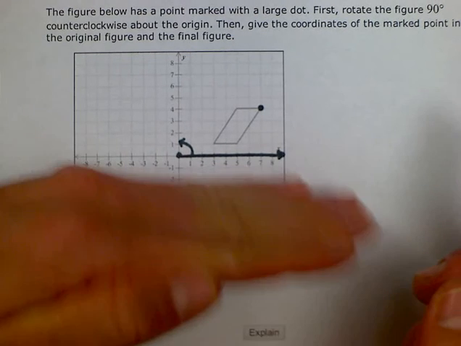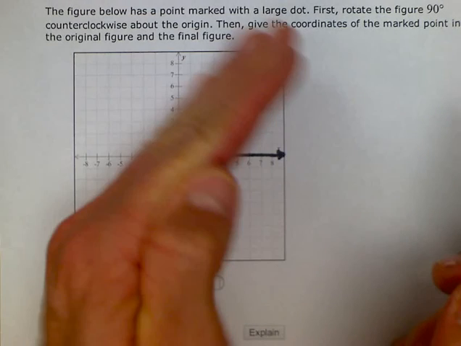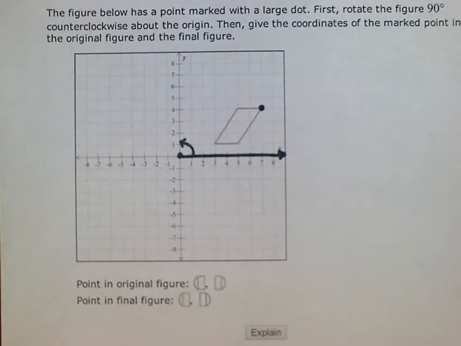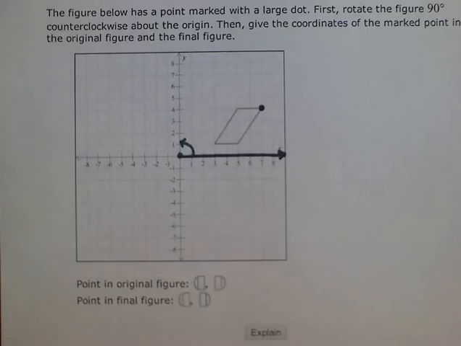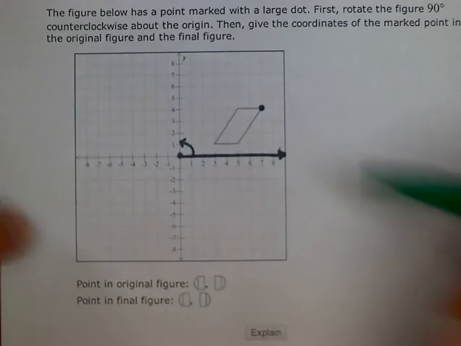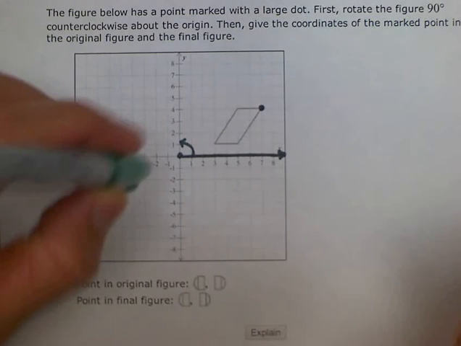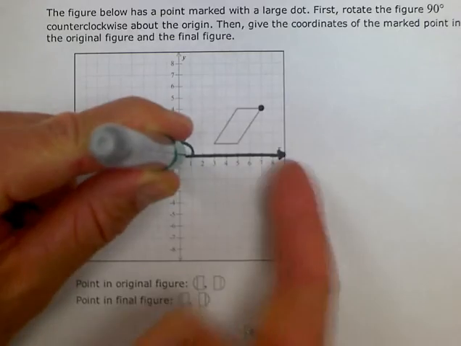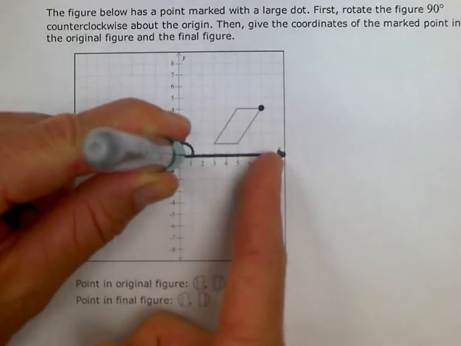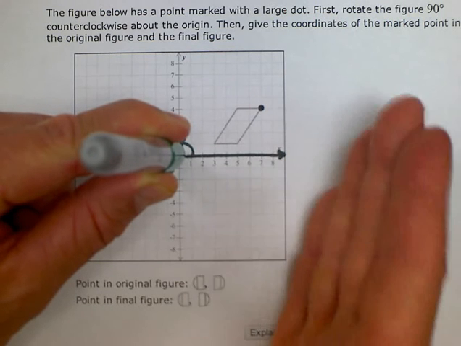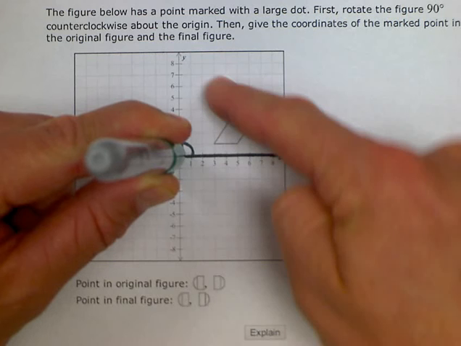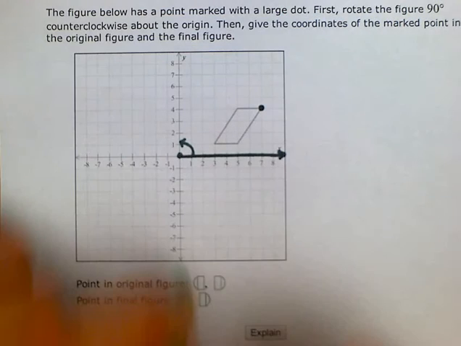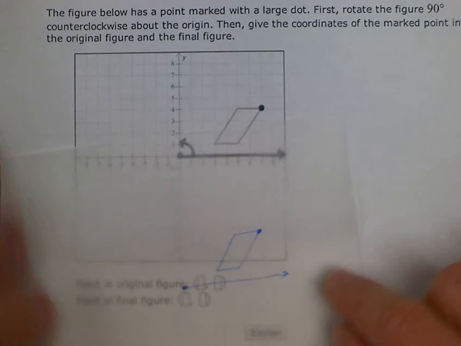So this portion of the line really just flips up and becomes the new y-axis on top here, the positive y-axis. And we'll be able to see that when I use the tracing paper. If we think about putting a pivot point right here on the origin and then pushing this line, this axis, and rotating it, the figure would go with it. We rotate it up to where it becomes the new positive y-axis, and then we'll see what happens to this figure. So I have my tracing paper here that I'll line up,